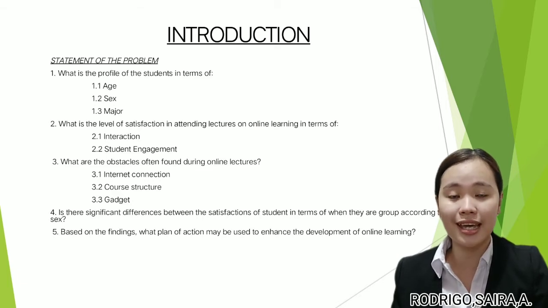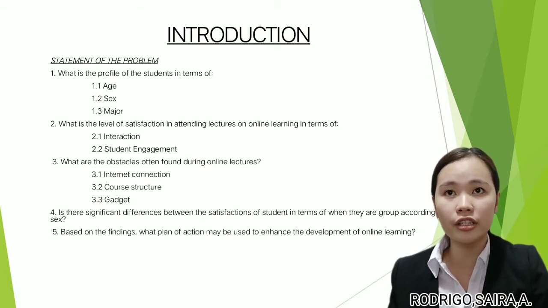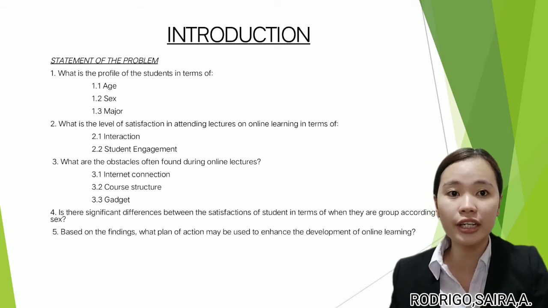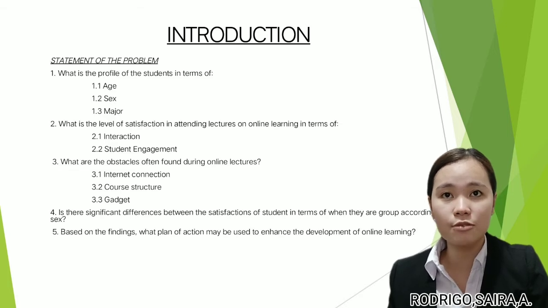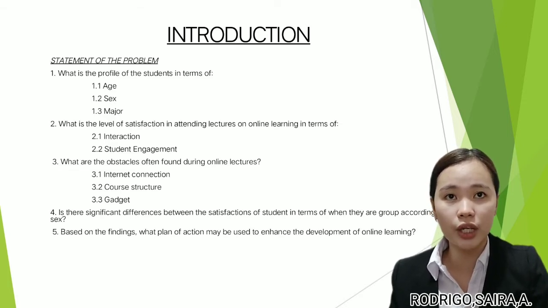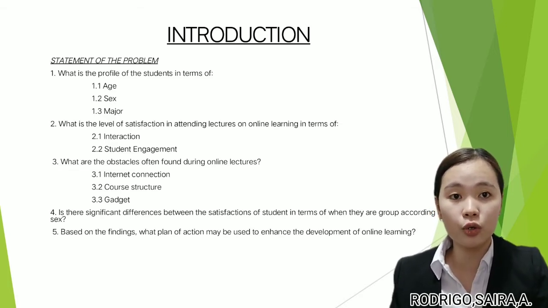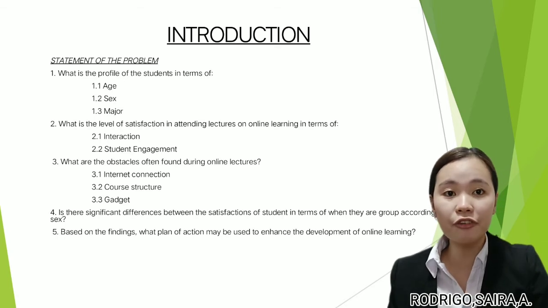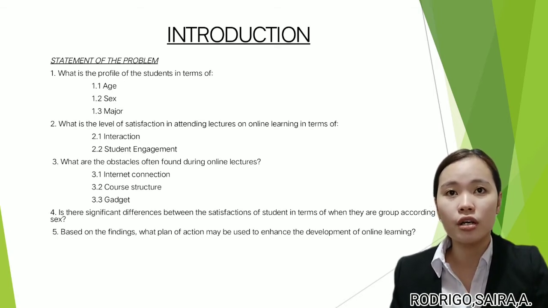interaction and student engagement? Number 3, what are the obstacles often found during online lectures in terms of internet connection, course structure, and gadget? Number 4, is there a significant difference between the satisfaction of students when they are grouped according to sex? And number 5, based on the findings, what plan of action may be used to enhance the development of